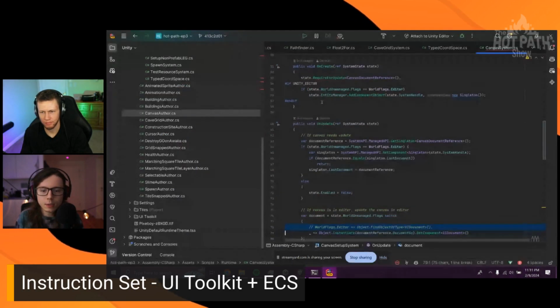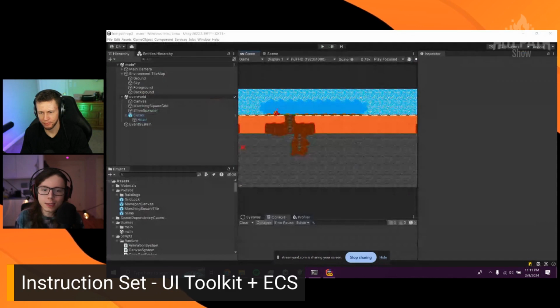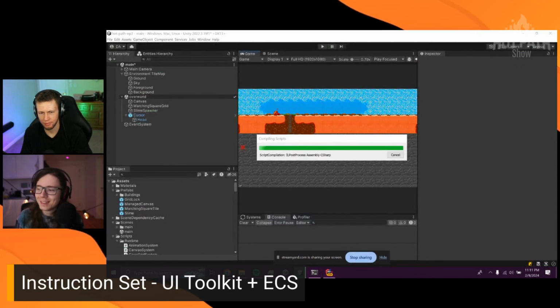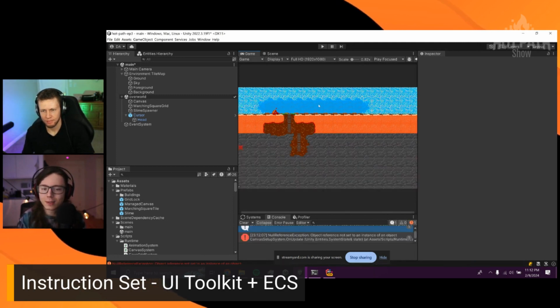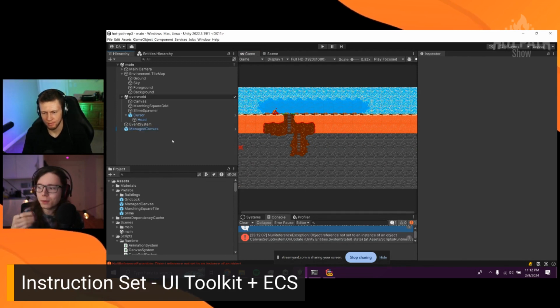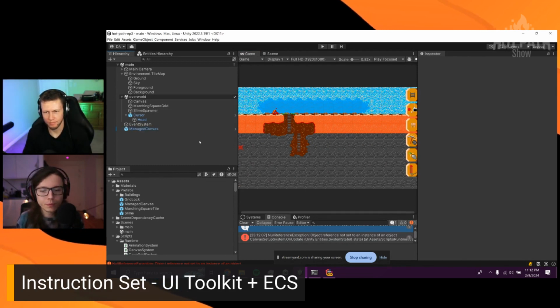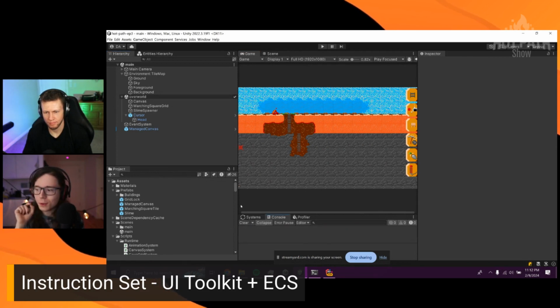Okay, and then the final part is just, why am I able to see it in the editor so nicely, and why does it update? Luckily, it's not that much editor code. What actually happens when you hit play mode is we destroy the editor world, and then we create the other world, which is the default runtime world. So as soon as we hit play, destroy editor, create play mode,